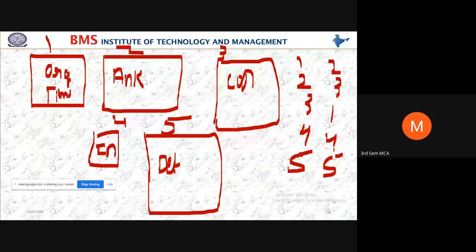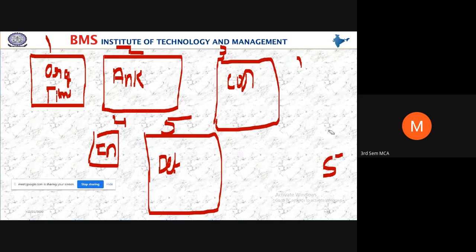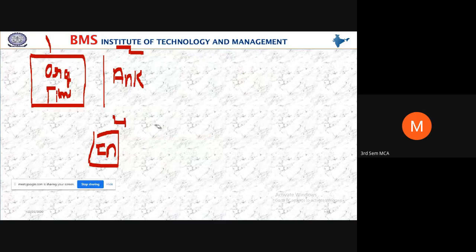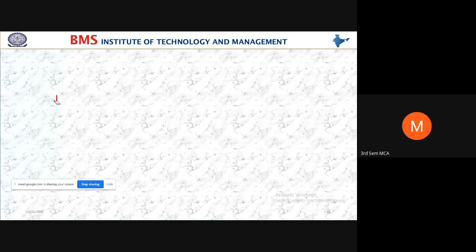Whatever the standard format is given for the documentation, we have to follow that. It may be a larger project or a smaller project, we have to follow the standard format. And consistency is very much important, students. If you create any report, it may contain 10 to 20 pages. It depends on the project. If it is a larger project, the report will also be large. If you see the 6th semester project report, it will be bigger compared to your mini project report.